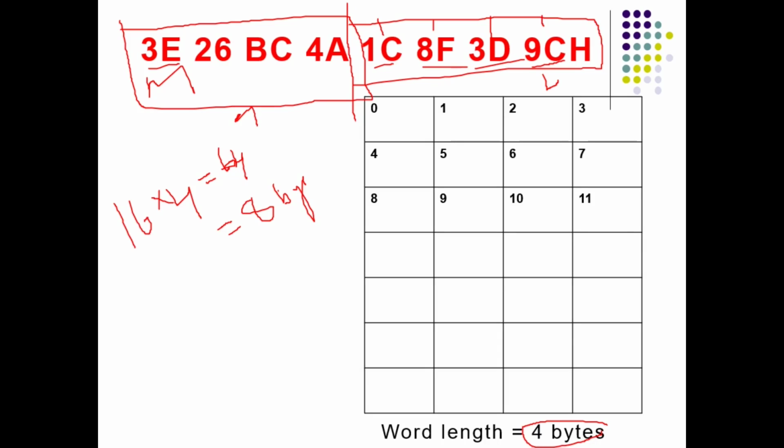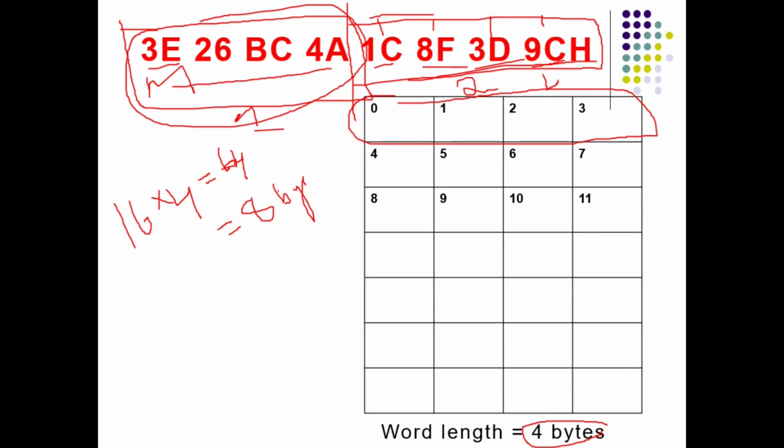Even though we consider the number from right to left, for data, this is the first word and this is the second word. Always remember, the left side is the first word, next is the second word. Now here it is very interesting. This entire first word will sit in the first word of the memory, and the other word sits in the second word of the memory, and every time it follows Little Endian or Big Endian. Based on that we have to do it.